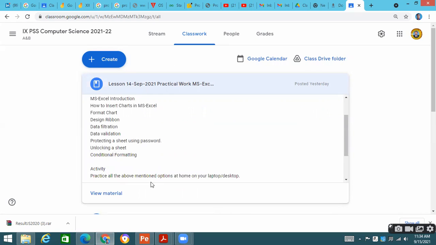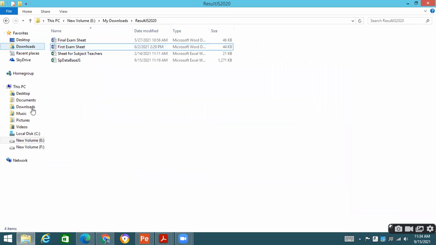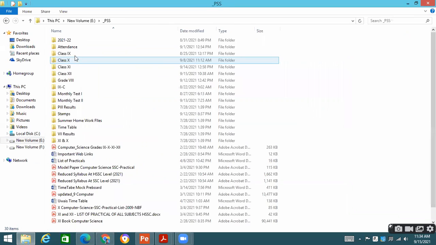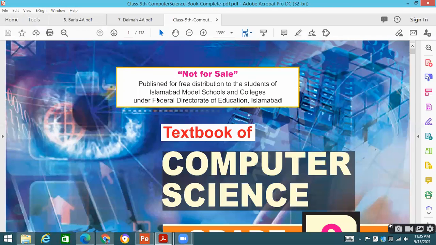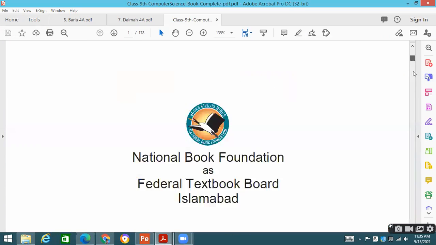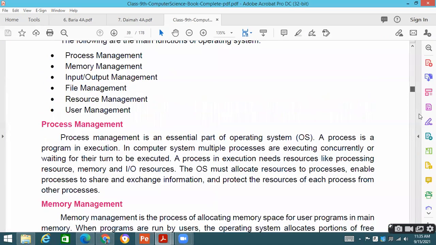Microsoft Excel we had accomplished yesterday, and let me open the book over here. The contents which are given in the book, all those contents I have completed, but some other things are also there that I would like to cover today in Microsoft Excel. So if we see over here, the things which are given over here,